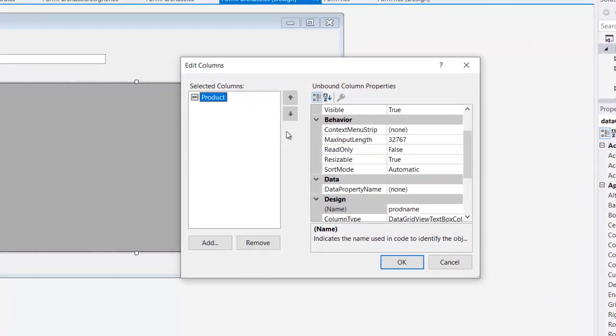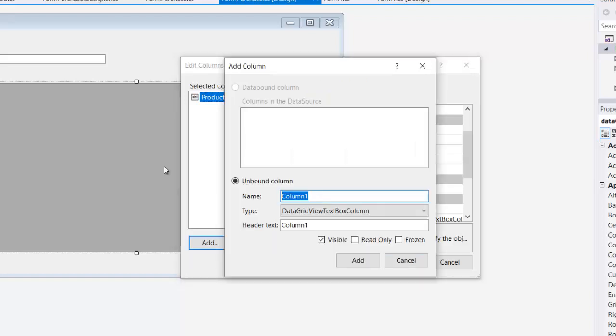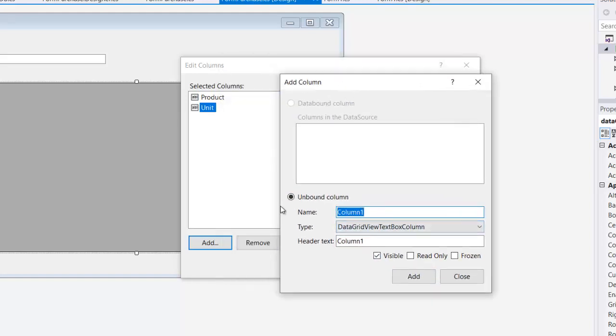Then we will add a column for the price, and unit of measure. Unit, na lang. Okay, let's add. Then we will add the cost. Our header is cost. Then we will add the quantity